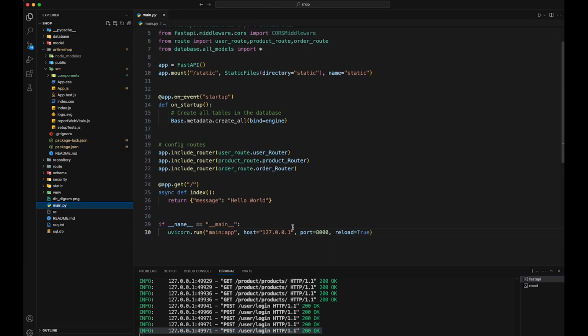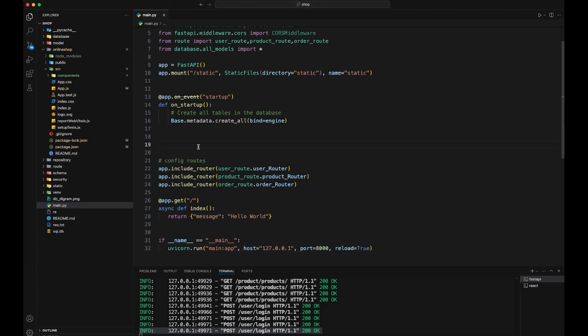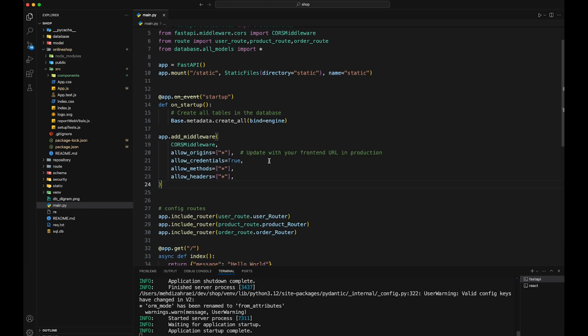Okay, metadata maybe. Let me see that. Okay, it is a middleware. Actually, I'm not sure. First, let me check if it works. That problem can be here